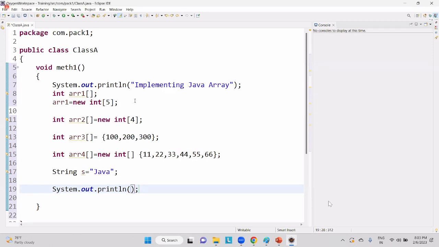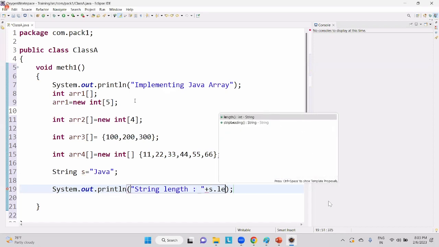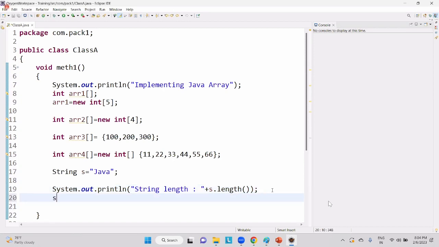System.out.println(string length), string length plus s.length(). This is a method. Am I clear with this? Okay, now just System.out.println